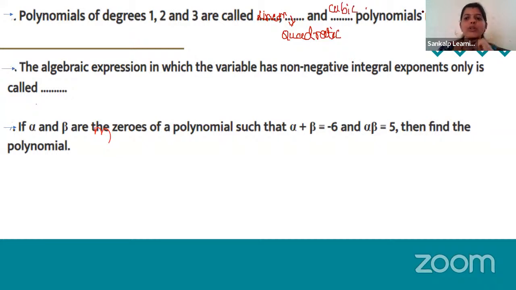Right? Respectively. Now this is an important question: the algebraic expression in which the variable has non-negative integral exponents only is called